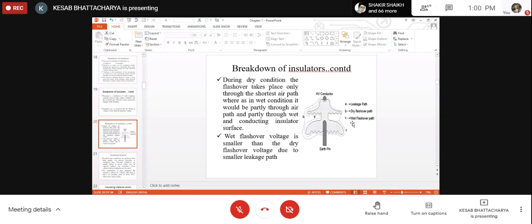But in the case of wet flashover, since the entire path is not through the air, partly through air, partly along the wet surface, providing low leakage resistance, it has to ionize air over a lesser length of path, and that is why the magnitude of the wet flashover voltage is less than the dry flashover voltage. So,